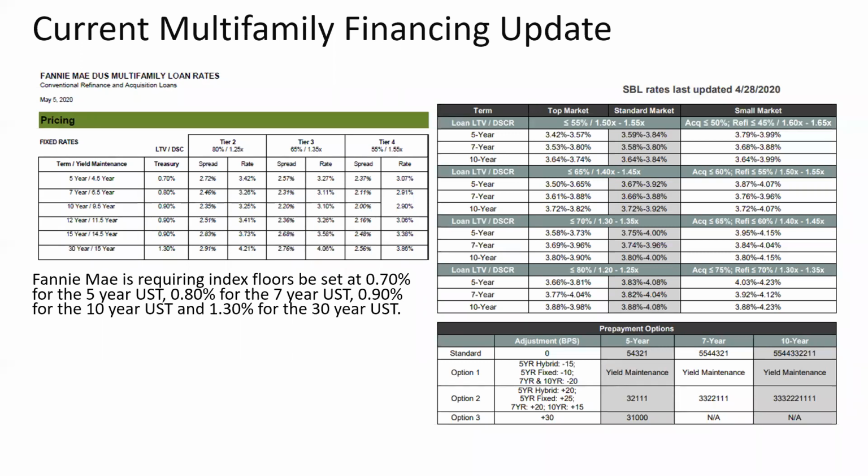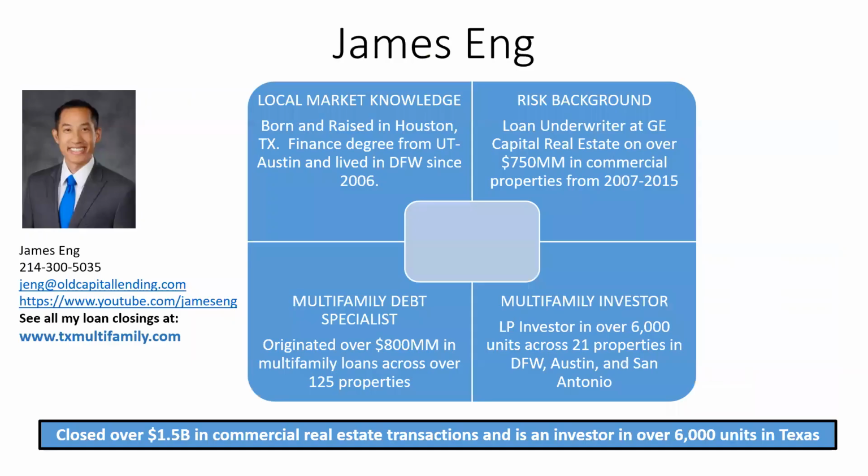On the SBL side, let's start on that middle section. If you go 80%, you're probably right around that 4% range on a top or standard market. And then if you add a different step-down prepay or something like that, where you want a lighter prepay, it's going to add basis points to your loan. So Fannie is extremely low right now, but that is not locked until the very end of the loan, whereas with Freddie SBL, you can lock that rate in today at loan application. And so that's it.